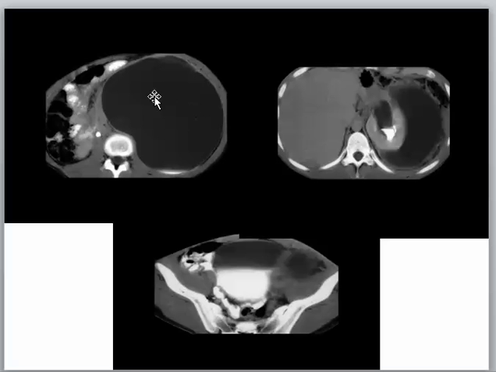A large collection of urine is seen. This collection is starting here. This is the kidney, this is the urine within the Gerota fascia, and then downward it will show such an appearance till it reaches down to the iliopsoas region. From this we can get the anatomy of the Gerota fascia